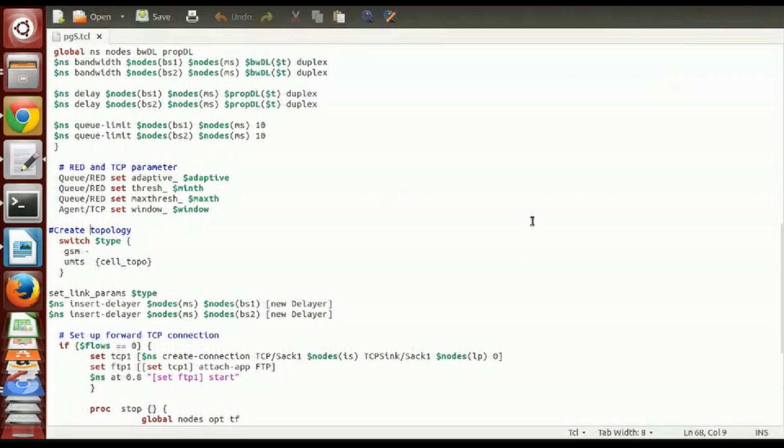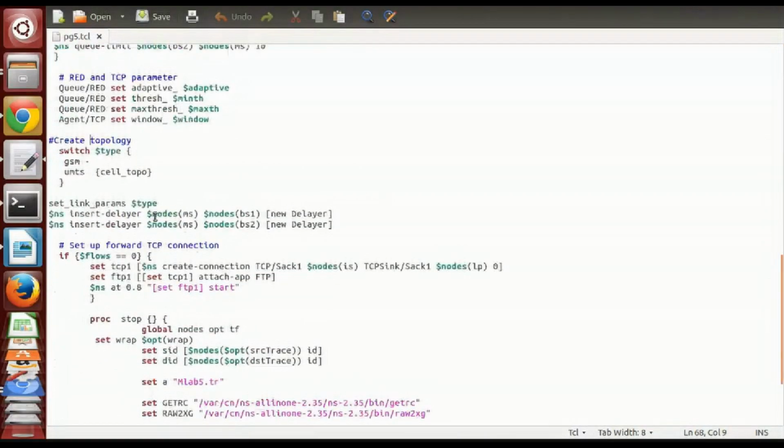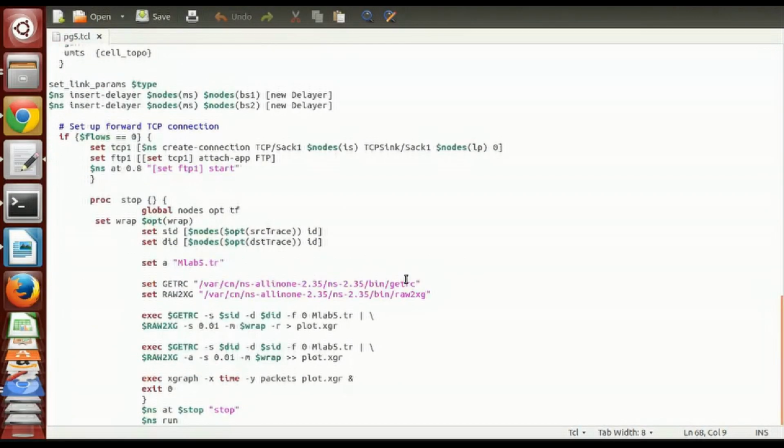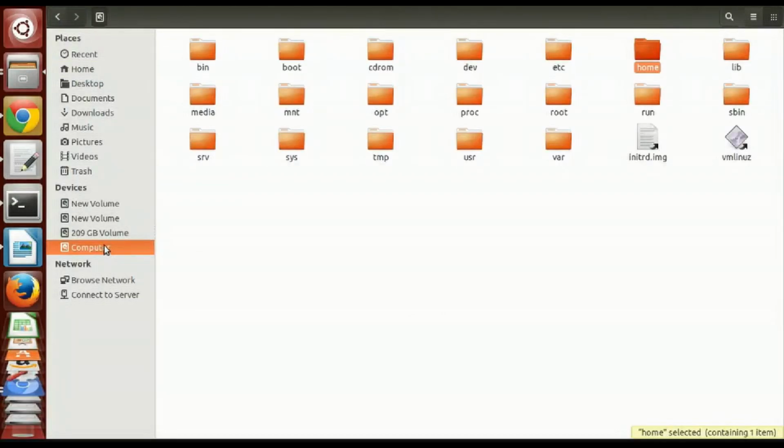I mean, copy those two paths that I have already explained, right? So let me check where I pasted this. I've opened the program. Okay, the path comes somewhere down. Yeah, here it comes. So getrc and then raw2xg. So these two files, right? Just go to home or computer. Somewhere among these two you will find this file.